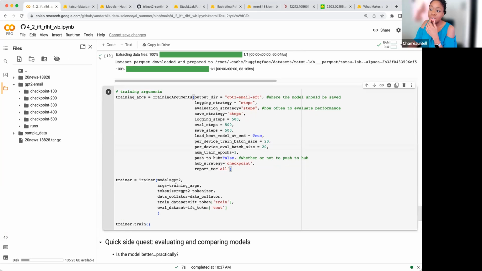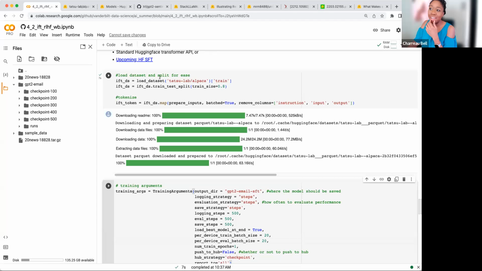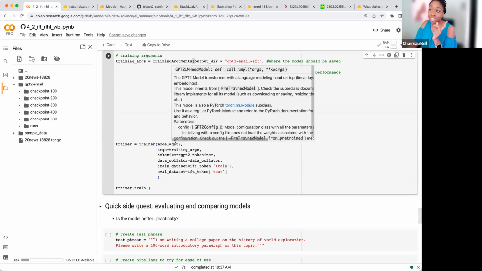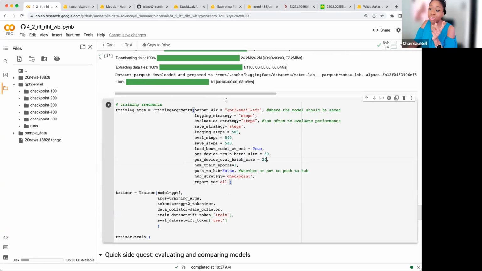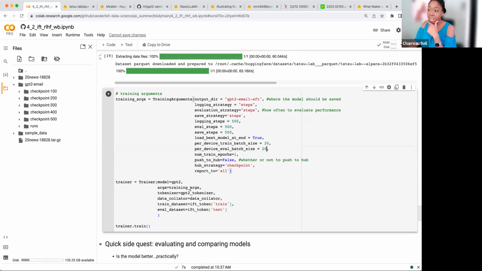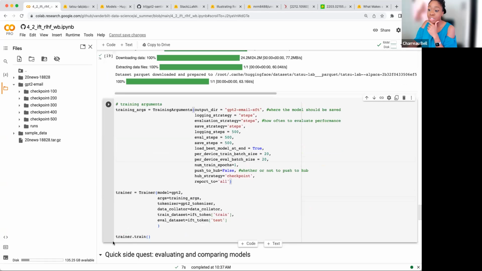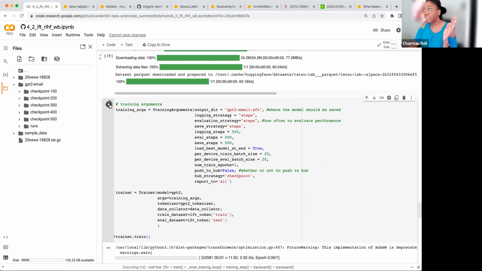Here we're setting up our trainer again with our best model loaded, because that's what we have as GPT-2. See that there is no new creation of a GPT, because we are using the one that we just trained. We're going to be using these training arguments with the same tokenizer, same data collator, and then we're just using different data sets for our instruction fine-tuning and supervised fine-tuning, and then we're going to give it a good train. All right, so this one is going to take some time. Honestly, it's going to take time.